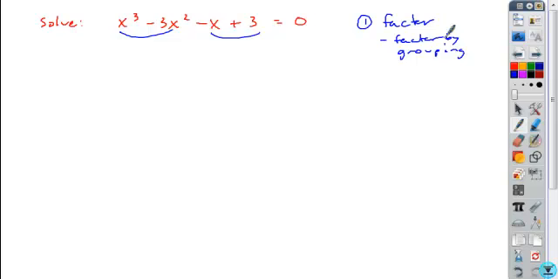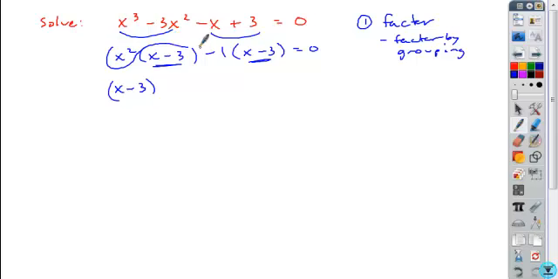In the first pair of terms, we can remove a common factor of x squared, leaving x minus 3. In the second pair of terms, we take out the sign, so just a -1, leaving an x. Factoring a -1 from a +3 leaves a -3. And so we have a common binomial factor that we remove. The remaining factors of x squared and -1